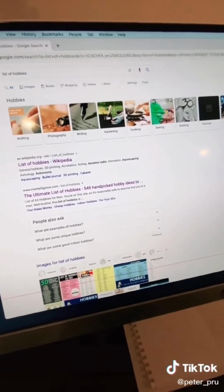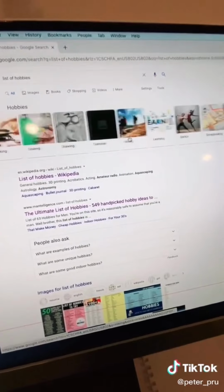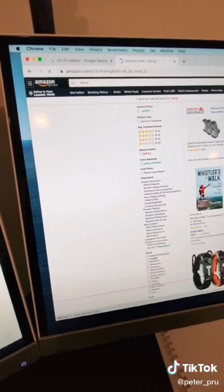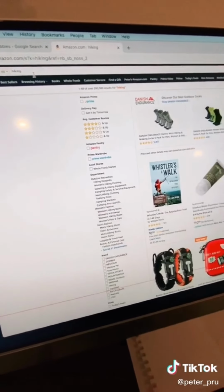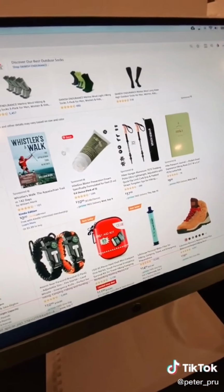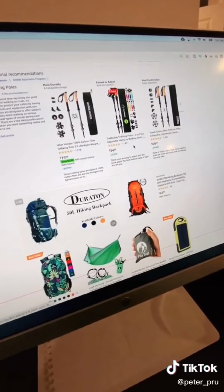First thing is go find a list of hobbies, right? Preferably something that you enjoy doing. You cannot go wrong with hobbies. Then once you found a hobby you can kind of get behind, like hiking, here on Amazon we want to see what kind of products are already selling. We can see there's books, there's physical products, there's a ton of different stuff available. This is really important. You want to make sure there's a lot of physical products and a lot of digital